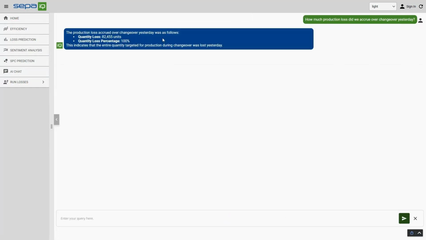So what this did is it went out to ChatGPT. ChatGPT said, it's asking about production loss. I've defined a production loss request in SepaIQ, and I've configured ChatGPT to go look at it. Whenever someone asks you for production loss, go execute this analysis against SepaIQ, and then we return the value. That's a lot simpler than sending them to a page to fill out a form, submit, have the results come back and try to interpret it.